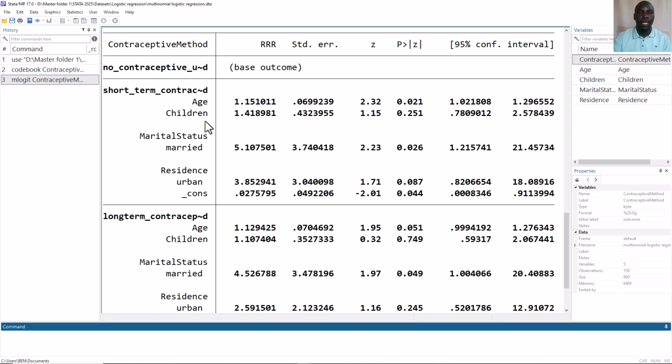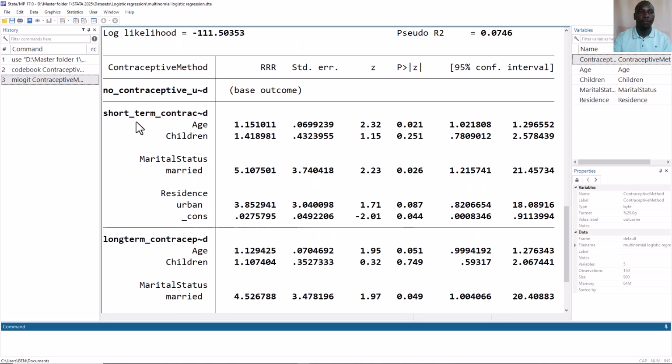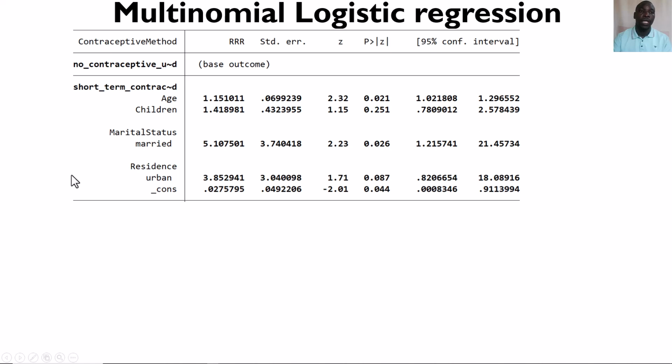contraceptive use. So let us first focus on this first part of short-term contraceptive use being compared to no contraceptive use. So we have our outcome variable, contraceptive use, and then the different independent variables at the different levels of the outcome. We have the relative risk ratio, their standard errors, the Z values, and the corresponding p-values, then the population 95% confidence interval. So the interpretation of the relative risk ratios will be a bit different for numeric variables